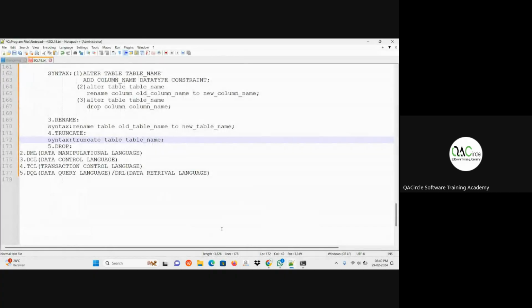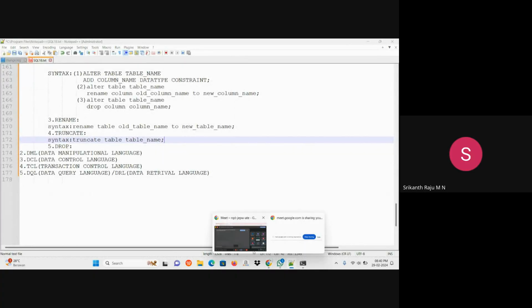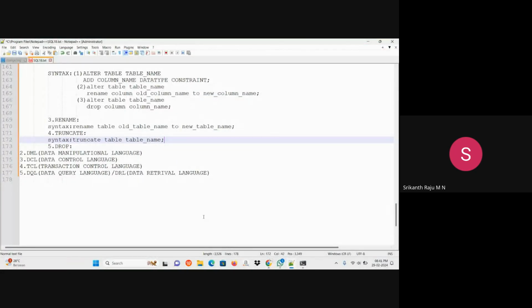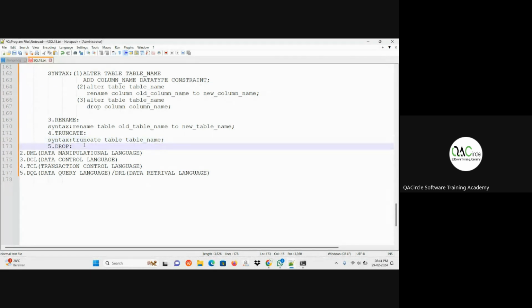Understood? Ma'am, one question. Yeah. Can we delete a single record in a table using truncate? No, using truncate, you can't. Truncate is mainly used to delete the table. Okay.